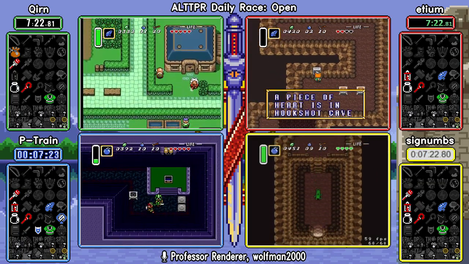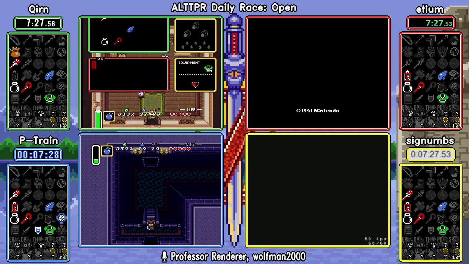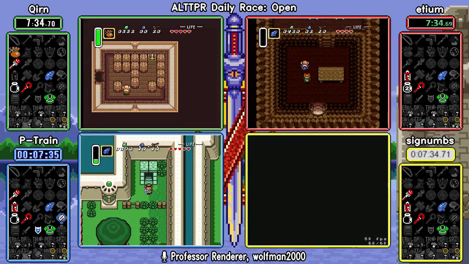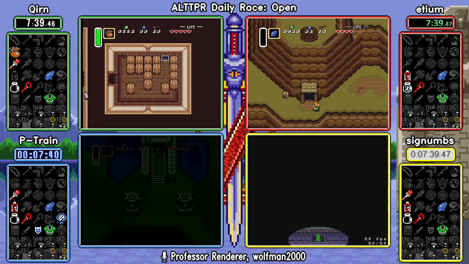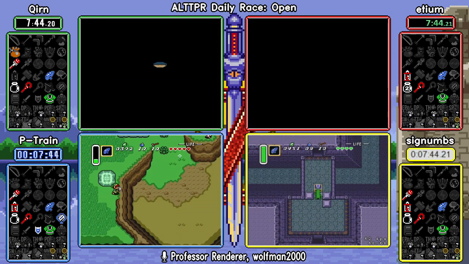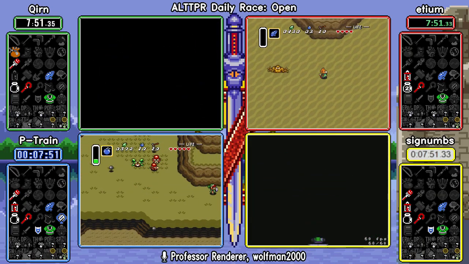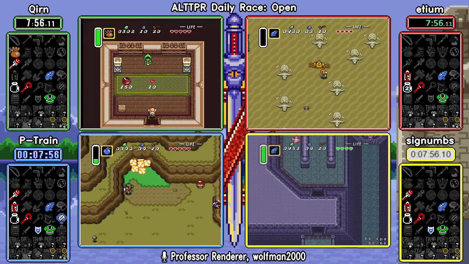Right, but you also get another bean in a bottle, a piece of heart, and hookshot cake. That doesn't tell us much, because there's only 5 locations, or 4 locations. It's 4. Yeah. And that piece of heart could be literally any one of those 4 locations. But Signums is going to grab his shield and mirror. And Edium confirming that Desert Ledge only has 20 rupees, so...